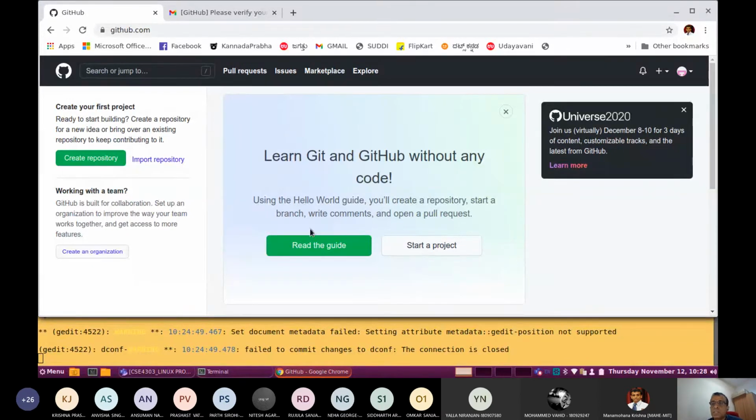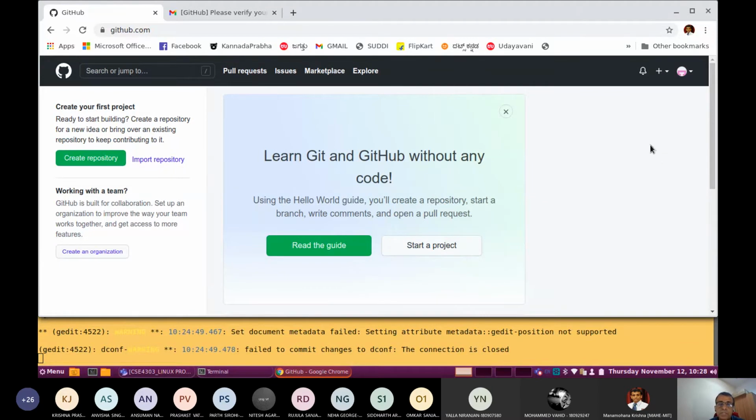So this is how I logged into my account. This is an online repository. You can create your own repository and share your work with others.